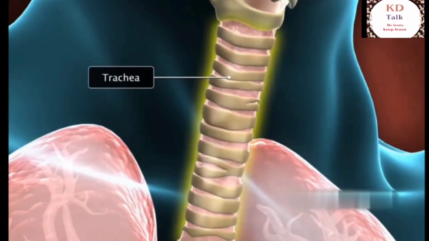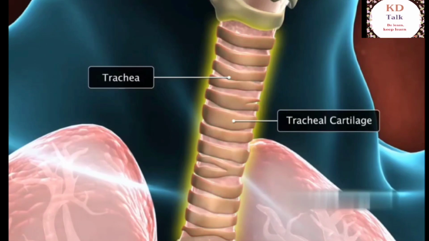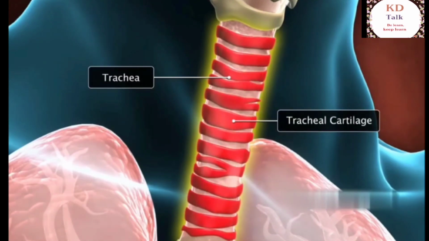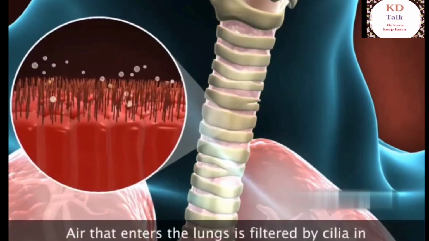The trachea is a tube-like structure. C-shaped cartilaginous rings keep the air passage open and prevent the trachea from collapsing when the air pressure decreases. Fine hair